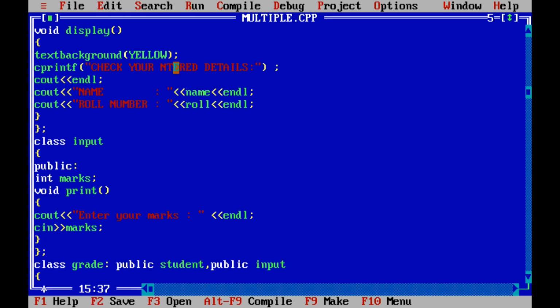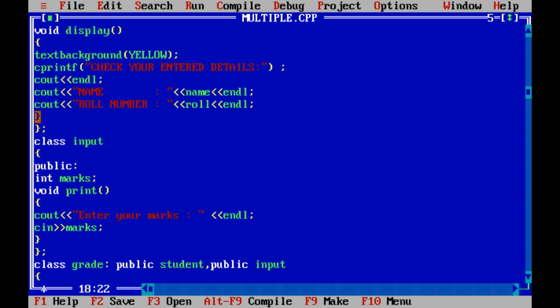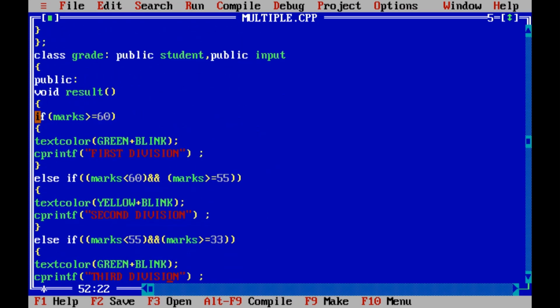Here it was showing the wrong spelling, now entered. Okay, now let's check for first division. So we pressed 60. Now let's see for fail. So let's run one more time, and if you want to see your output of the previous run, now we have